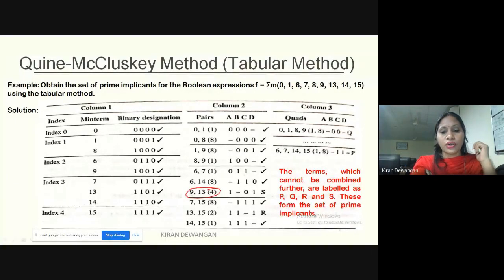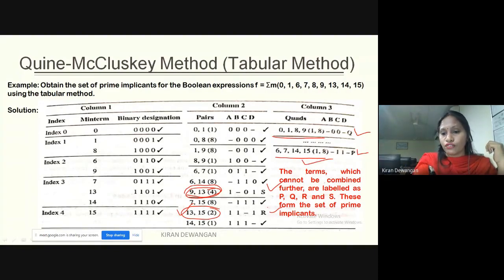which was not converted to a quad, and this was another pair which was also not converted to a quad. Hence, we'll be having 4 prime implicants. This is my first prime implicant, which is marked as P. This is my second prime implicant, which is marked as Q. This is my third prime implicant, which is marked as R. This is my fourth prime implicant, which is marked as S. The terms which cannot be combined further are labeled as P, Q, R and S. These form the set